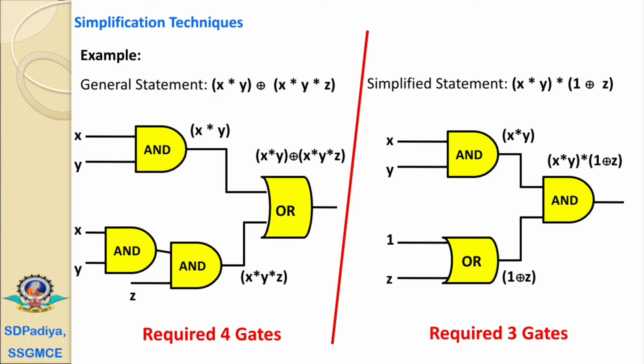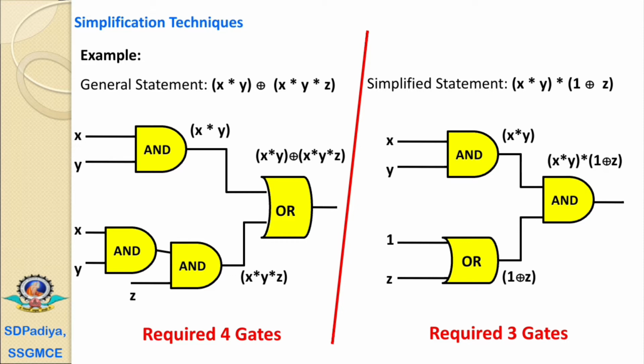If in any circuit the number of gates is reduced, then there are lots of advantages. The first advantage is that the time requirement will reduce, that is, speed will be enhanced. The second is that the space requirement for the circuit design will reduce. The third, the cost will reduce, and the fourth, the power requirement will reduce. That means the circuit will be highly efficient. Therefore, for circuit designing, we always first have to optimize and find the simplified expression.